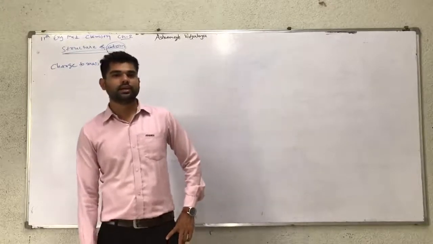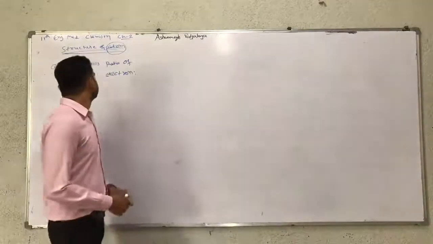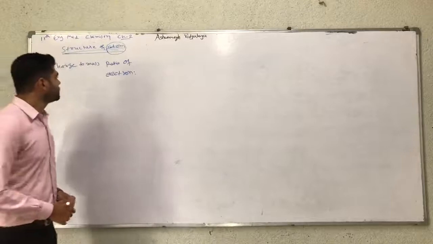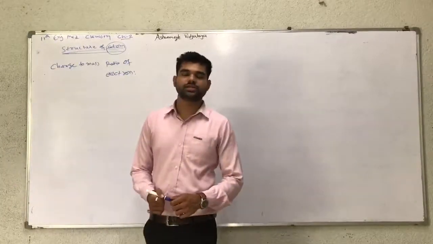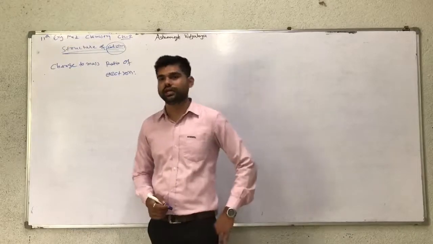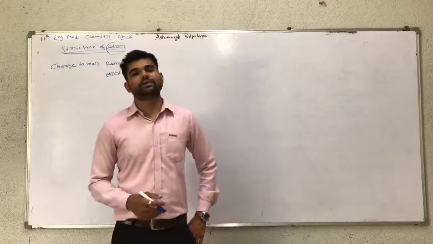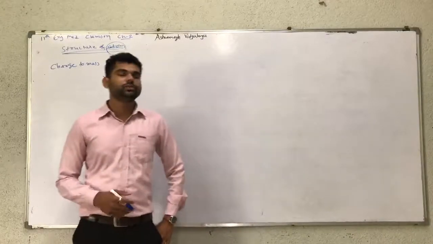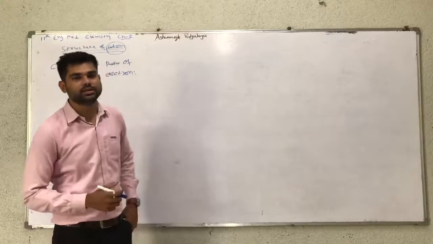Today we learn standard 11th English medium chemistry, chapter number 2. Next topic is charge to mass ratio of electron. In the previous lecture we discussed the discovery of electron in Michael Faraday's experiment. Now, according to Michael Faraday's experiment, a new scientist started a new experiment. The scientist's name is J.J. Thomson.